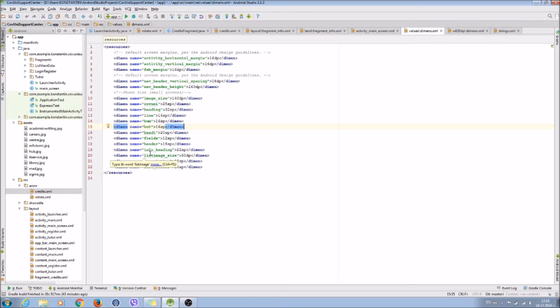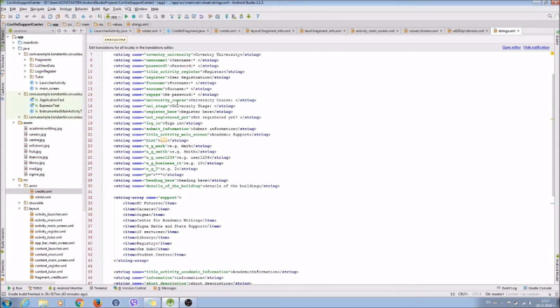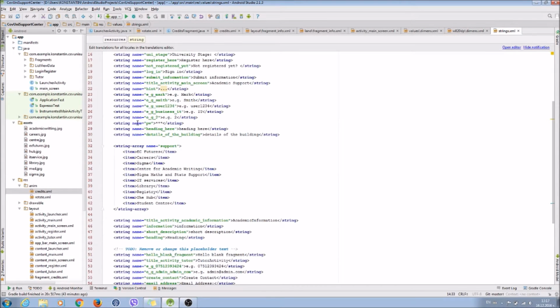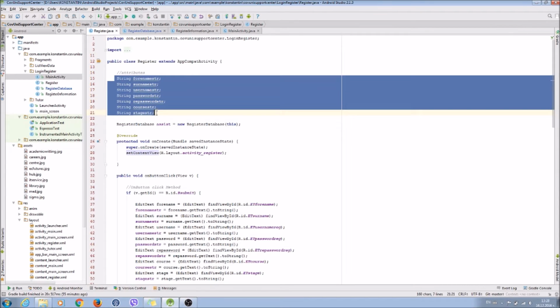Then in my strings folder, I'm saving all my strings, all my texts, and also I have a string array which holds my academic support objects. This is my register class where I have attributes. Then I have a button which, when